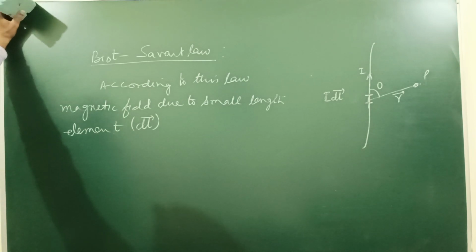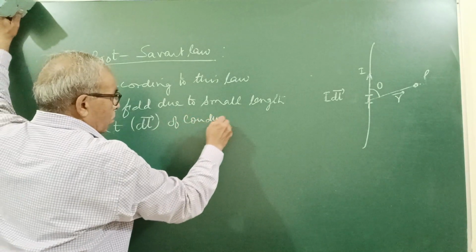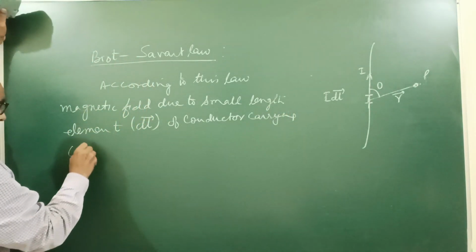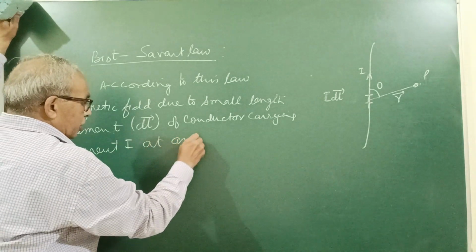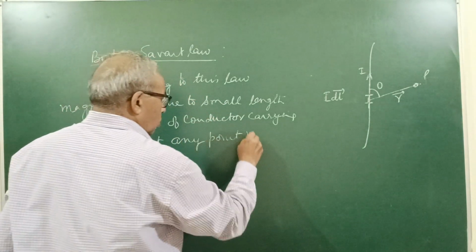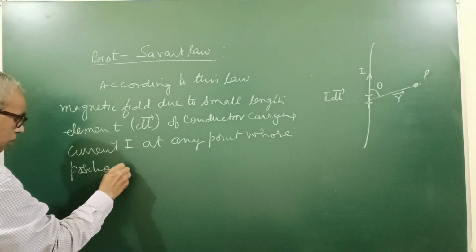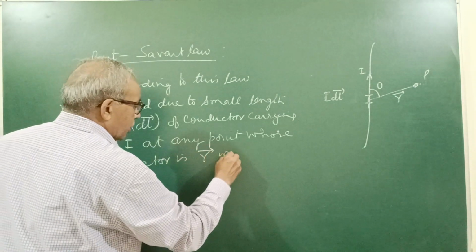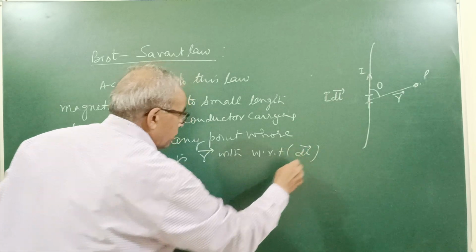According to this law, the magnetic field due to a small length element dl of a conductor carrying current I, at any point whose position vector is r with respect to dl, is given by,